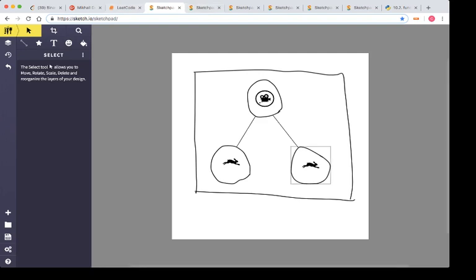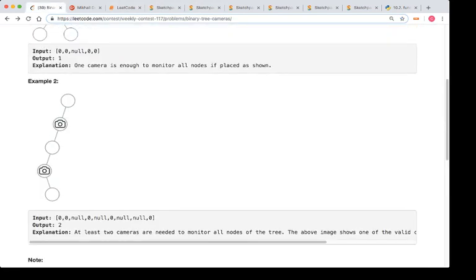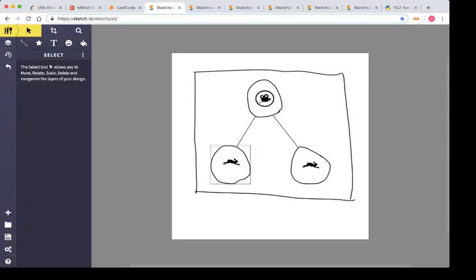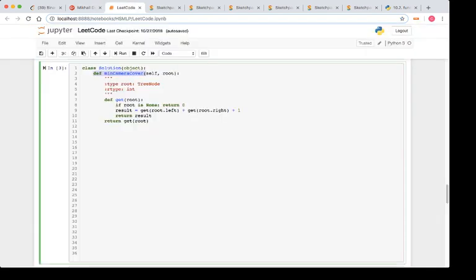And immediately I thought, okay, let's just go in and not overthink it. Let's make it into a checkerboard, because when I looked at these examples, it kind of looked like a checkerboard pattern. So we've got to do something. We're going to put a camera in the first node, and then go on the left, and then run on